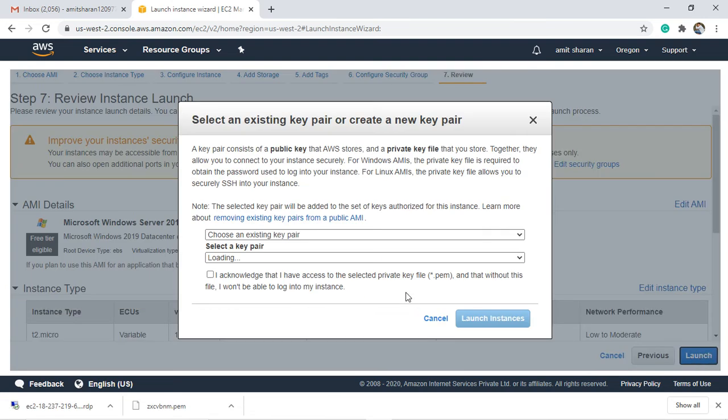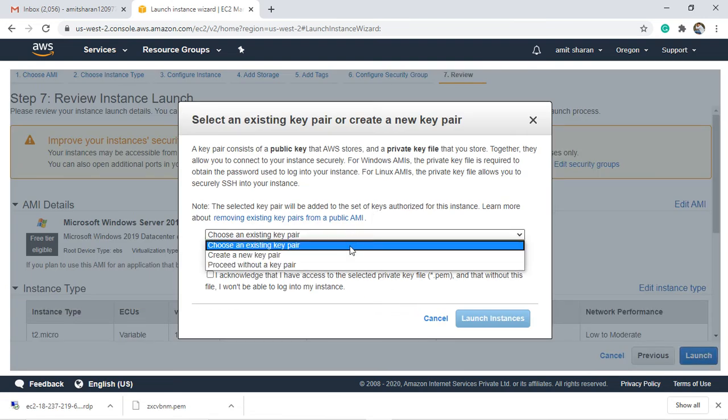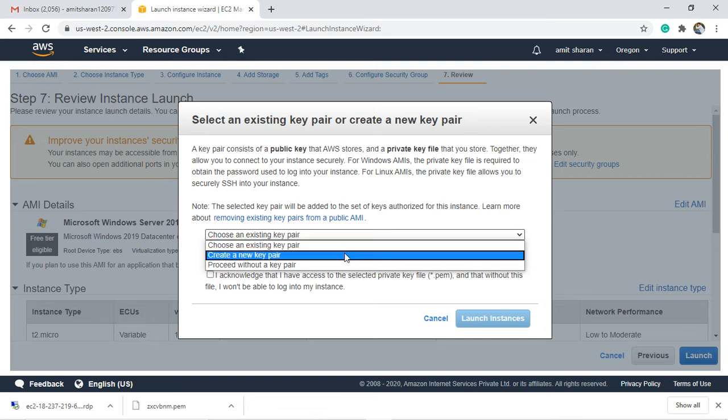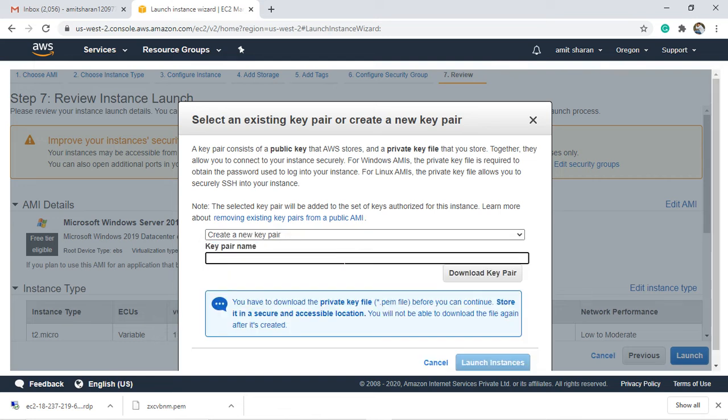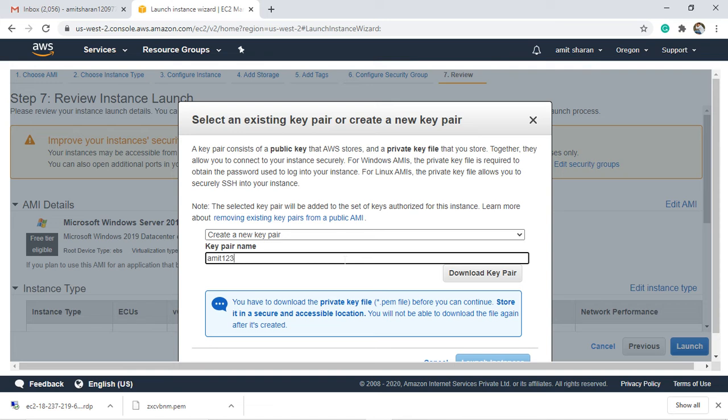Then launch. Here we have to choose create a new key pair or an existing key pair. If you are a new user, then you have to choose a new key pair. Name your new key pair, which I'm going to call Amit 12345. You can use any name as a key pair name.